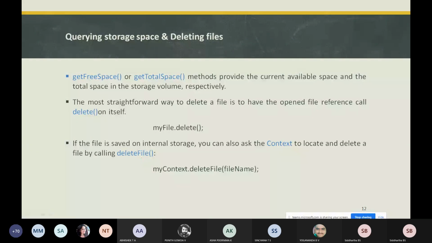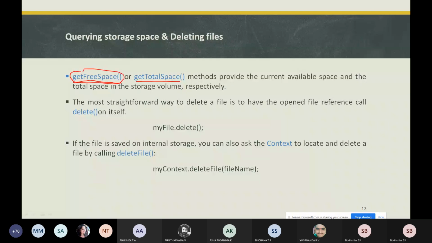It checks by calling the methods getFreeSpace and getTotalSpace. These methods provide the current available space and the total space in the storage volume.